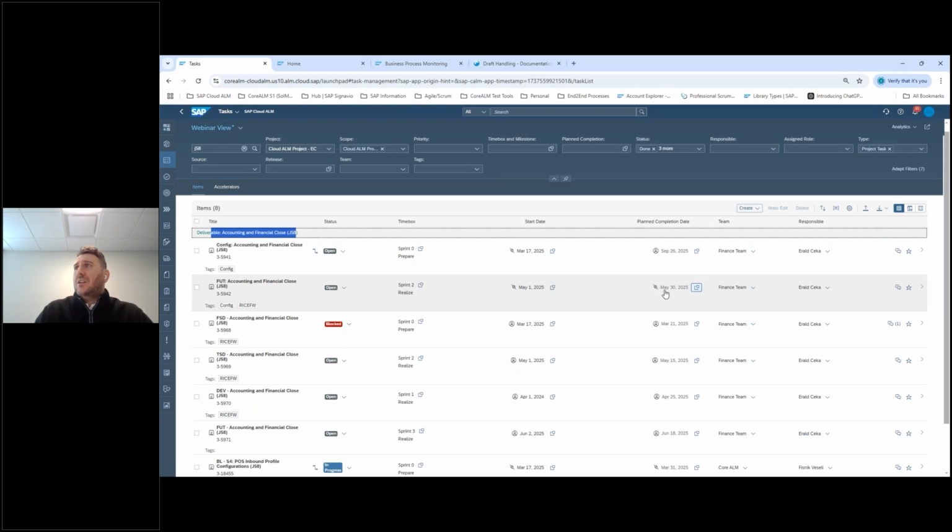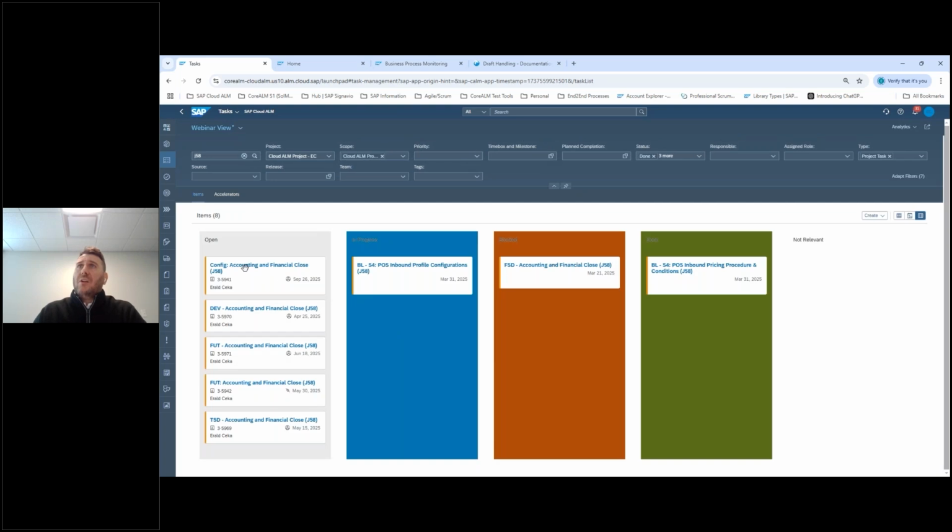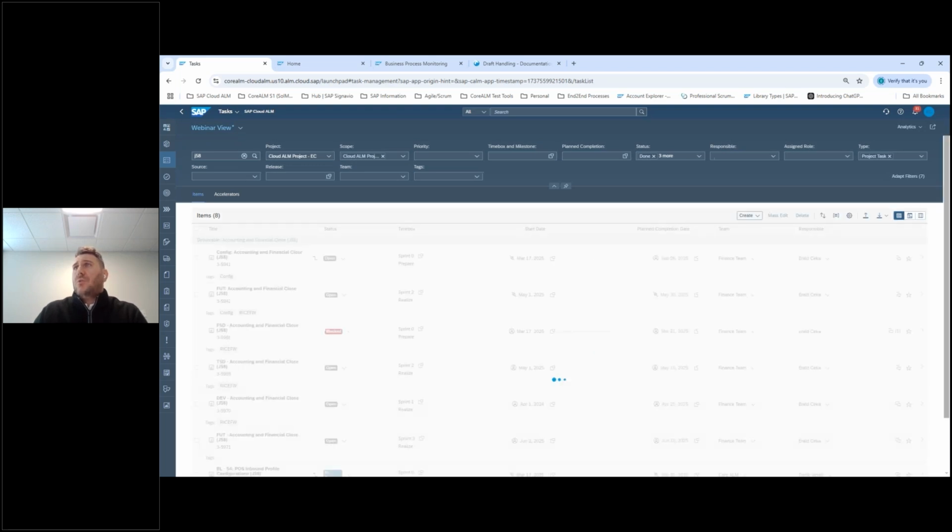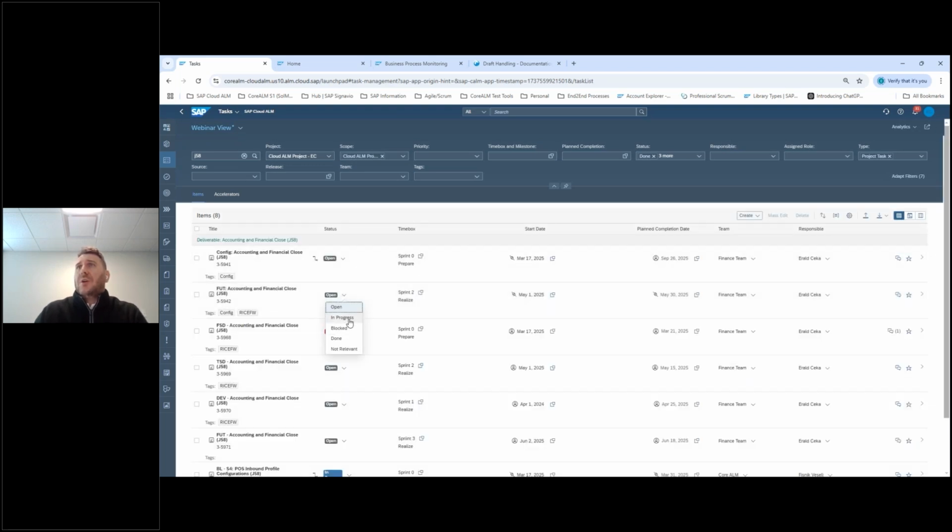And then you can do your sprint planning here. You can assign dates and timelines. You can assign teams, owners, and you can also use the Kanban view if you want for your daily Scrum call, where you can just move tasks around. Or you can just follow this view, and you can actually update statuses here directly. So as you are continuing with your development work,